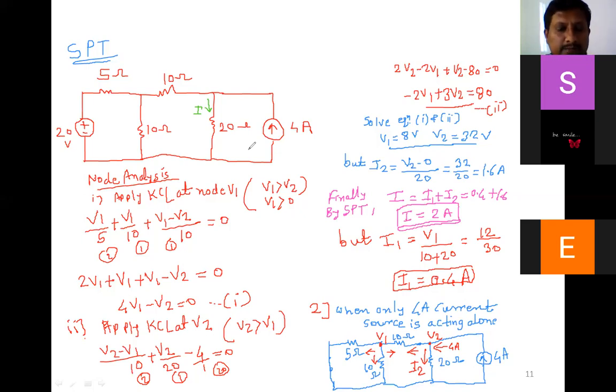How can you cross check? If you have time in the exam, you can cross check. How? You can use nodal analysis directly here. So you can consider this as V1 and this as V2. So apply the nodal analysis here. This is outgoing, this is outgoing, this is outgoing, here also this is outgoing, this is outgoing, and this is outgoing. This is incoming 4 ampere. So solve this by using nodal analysis. You can get the answer V2.